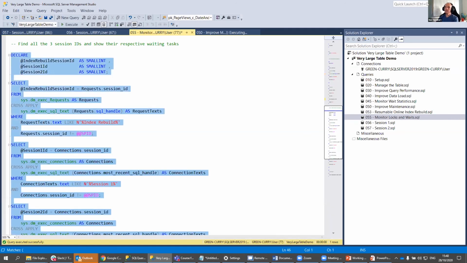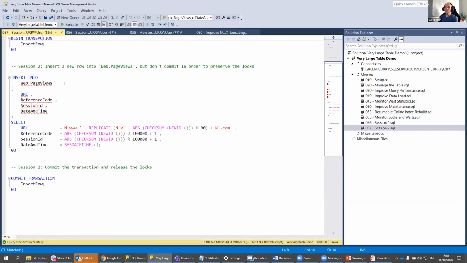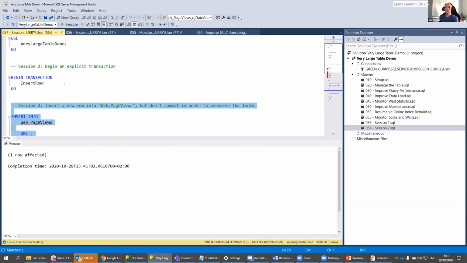Okay, in the meantime, session number 2, and this is the nice thing here, session number 2, begin transaction, insert, it doesn't have to wait. Okay, that's the difference. Everything else can continue to run while the other one is waiting at low priority. If at some point there is no lock on the table, the online index rebuild can start. Otherwise, it will continue to wait for a minute. And after a minute,